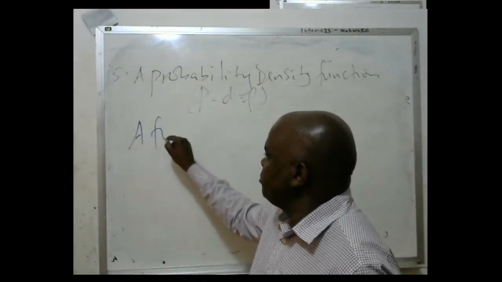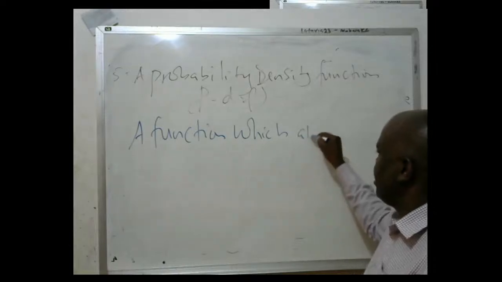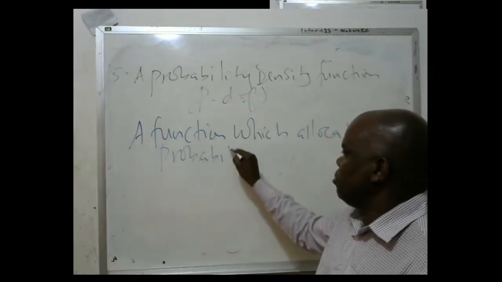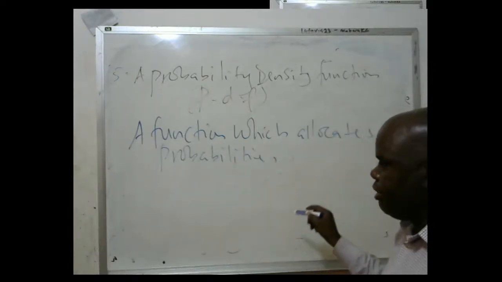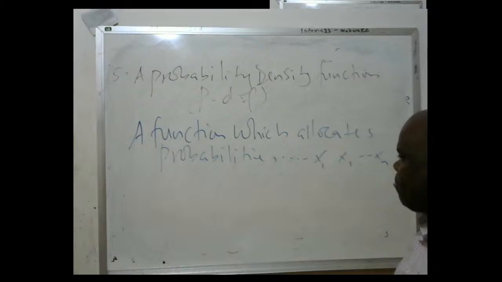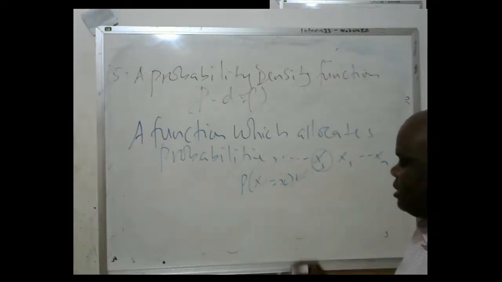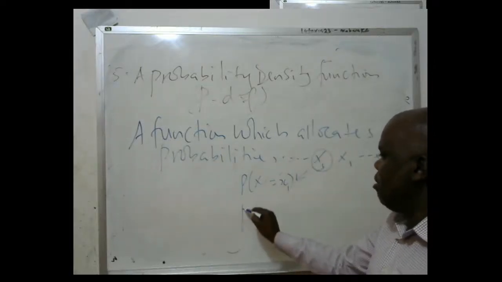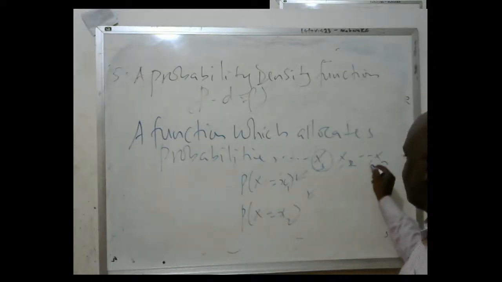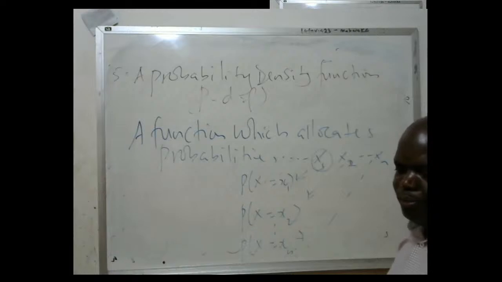A PDF is a function which allocates probabilities. Now that means what? You have given observations like x1, x2, up to xn with their respective probabilities. If this function can allocate these values their respective probabilities, probability of x1, probability of x2, onwards like this, probability of xn, then it's called a PDF, which we shall see within